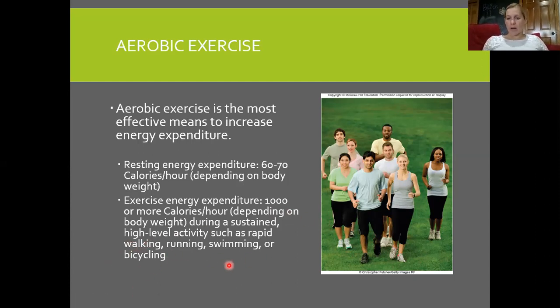Whatever you like, right? So again, if we want to establish consistency, any of these are good choices, but it's like, what do you enjoy doing? So therefore, what are you more likely to stick with? If you really don't like running, but you enjoy cycling, then do cycling, right? So yeah, you're burning a little less calories, but maybe you're going to be more consistent if you do that